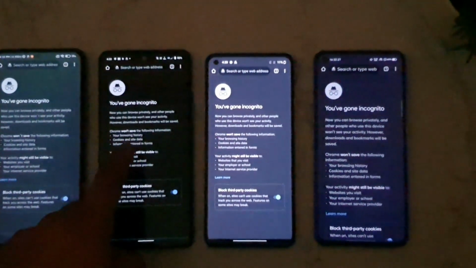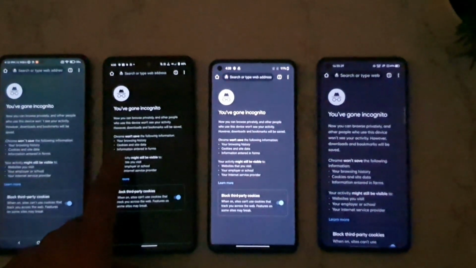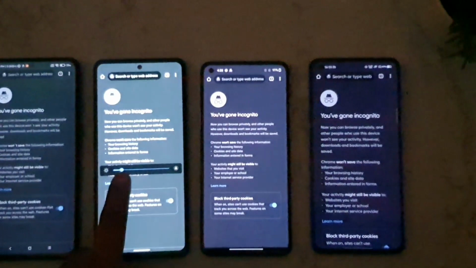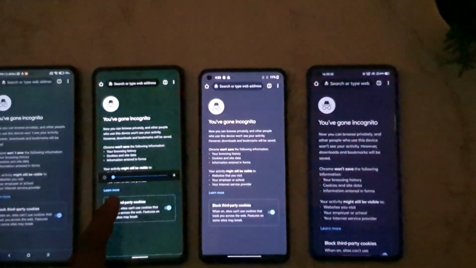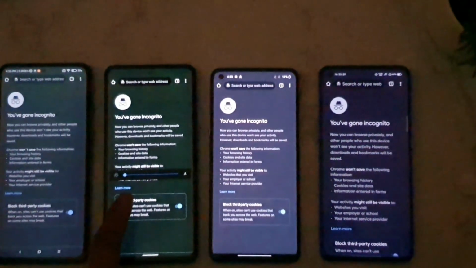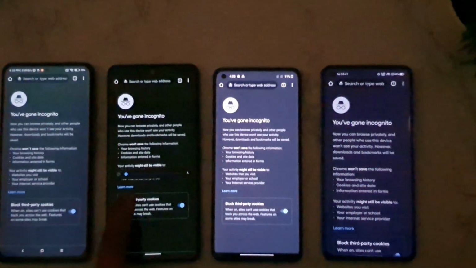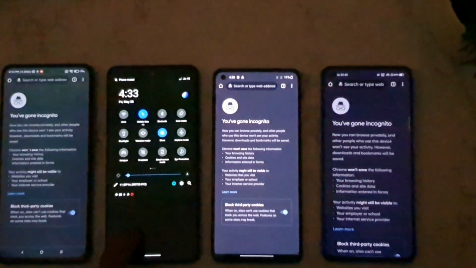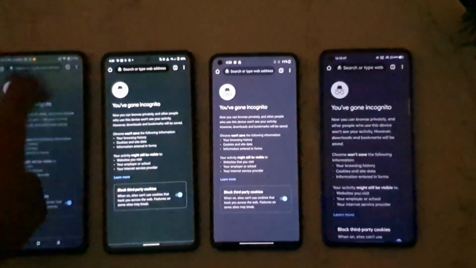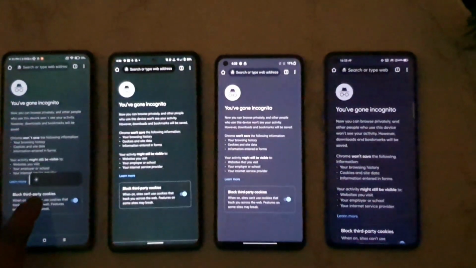So if you keep completely low brightness, it will be completely kind of dark. So always you need to keep a little bit close to 10% of the brightness. Only then you will be able to see this kind of green tint problem. As you can see, let me try to decrease the brightness, green and dark. In this area, a little bit, now you will be able to see it, friends. So that is what happens in all the four smartphones as well.